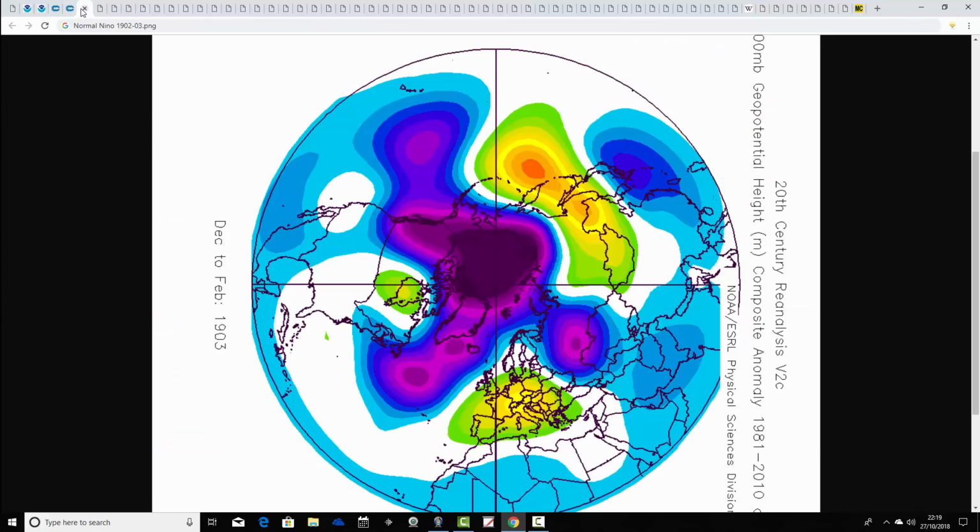Well, through reanalysis, we can show you. So we're going to start off by showing you normal El Nino. So this is when it's either going to be warmest in the eastern part of the equatorial Pacific Ocean, or it'll just be uniform warm across the equatorial Pacific Ocean. So these are normal El Ninos, and we're starting with the winter of